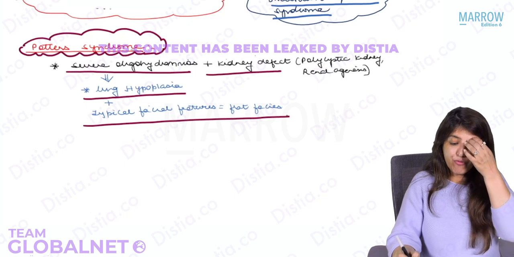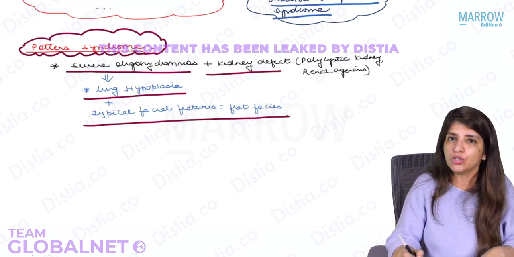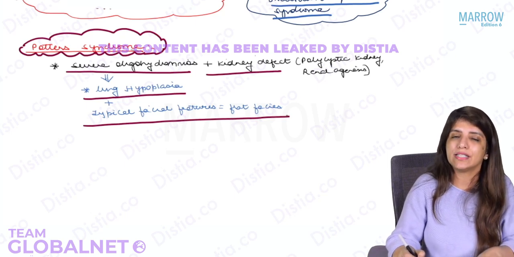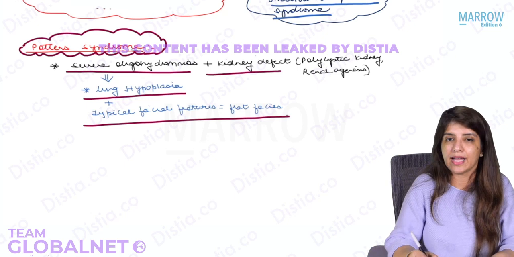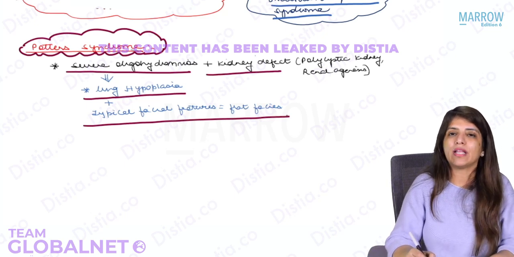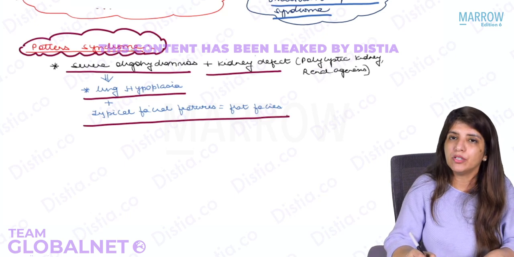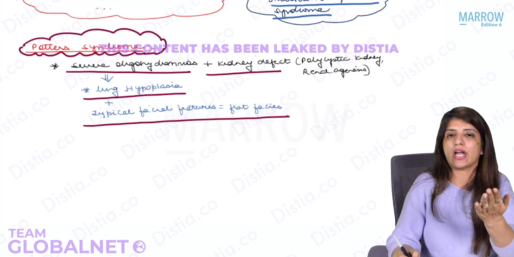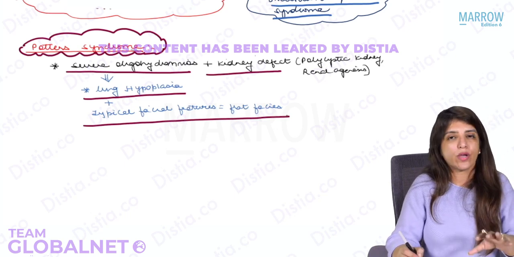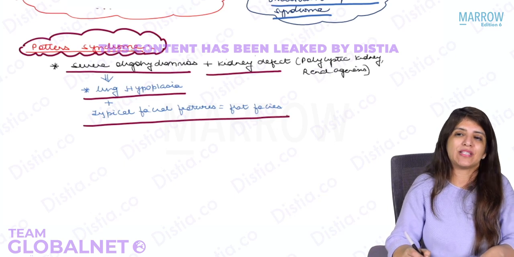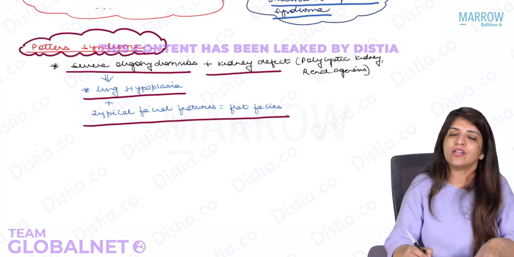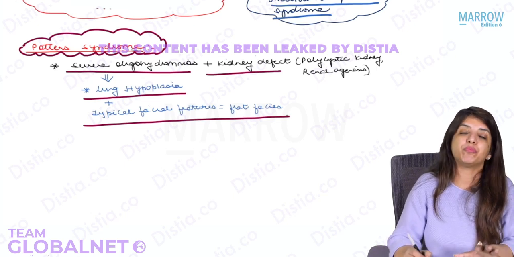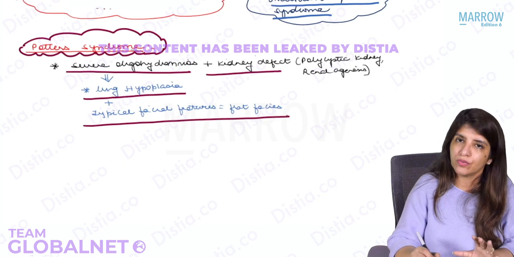Right? So what is Potter's syndrome? In Potter's syndrome, you get severe oligohydramnios, which is happening due to a kidney defect like polycystic kidneys, like renal agenesis. Along with that, there is lung hypoplasia, pulmonary hypoplasia, and typical facial features like flat faces, which are happening because of the less space. So if you have a fetus who has pulmonary hypoplasia, who has a kidney defect, there is severe oligohydramnios, and the baby has flat faces, that means we are dealing with Potter's syndrome, right? Okay, then